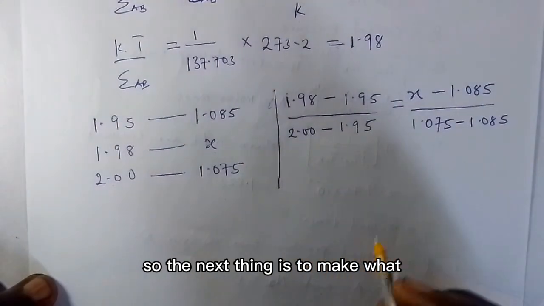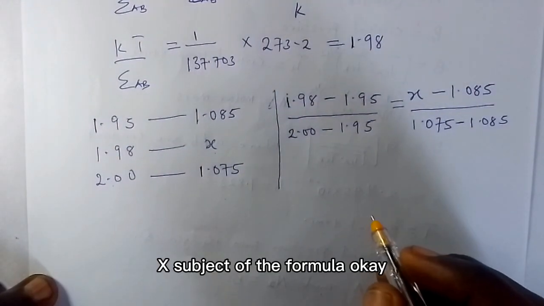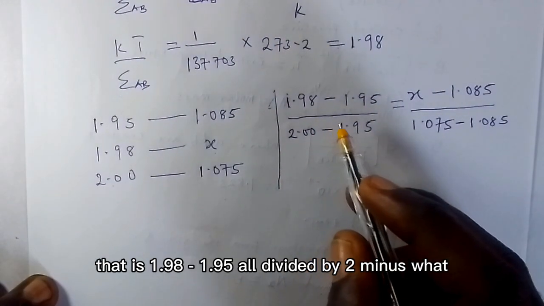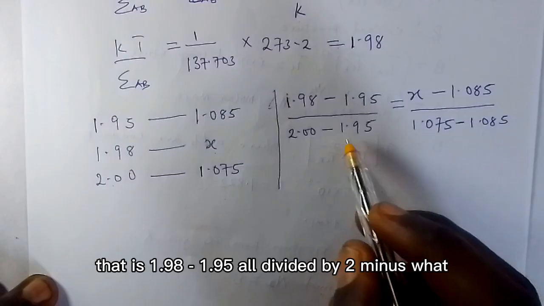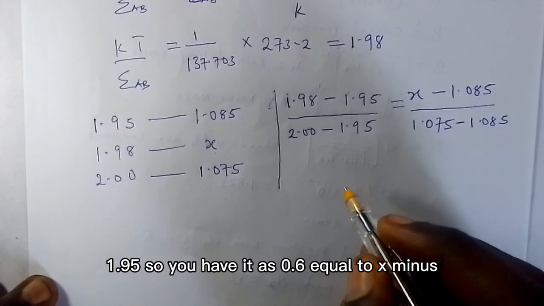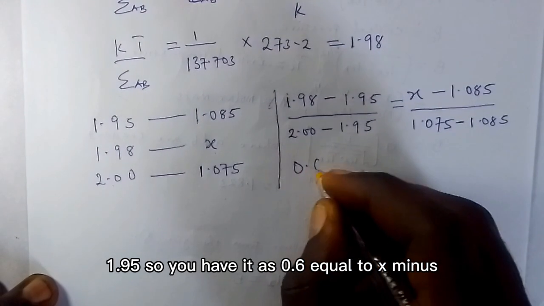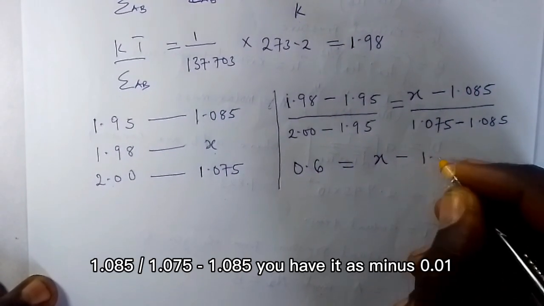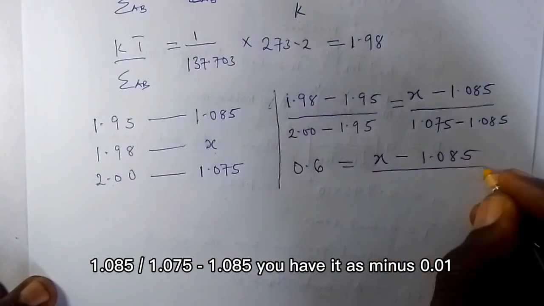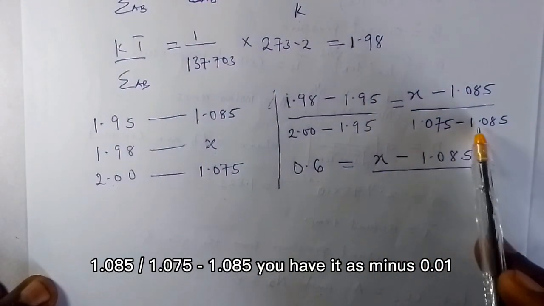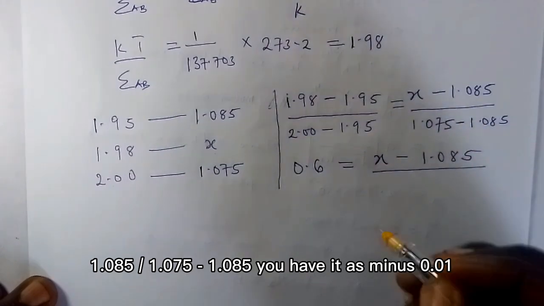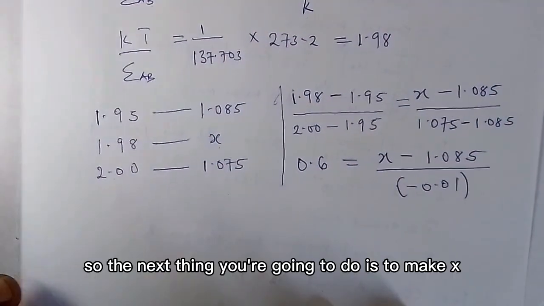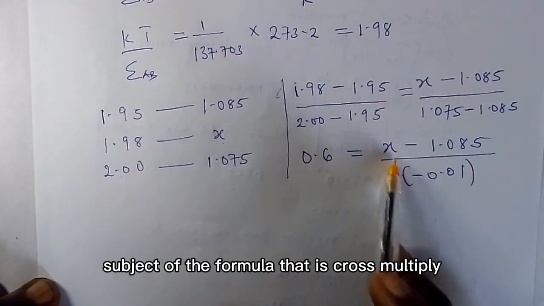So the next thing is to make x subject of the formula. Okay, before that, make division of the 1.98 minus 1.95, all divided by 2 minus 1.95. So you have it as 0.6 equal to x minus 1.085 divided by 1.075 minus 1.085. You have it as minus 0.01. So the next thing we are going to do is to make x subject of the formula, that is